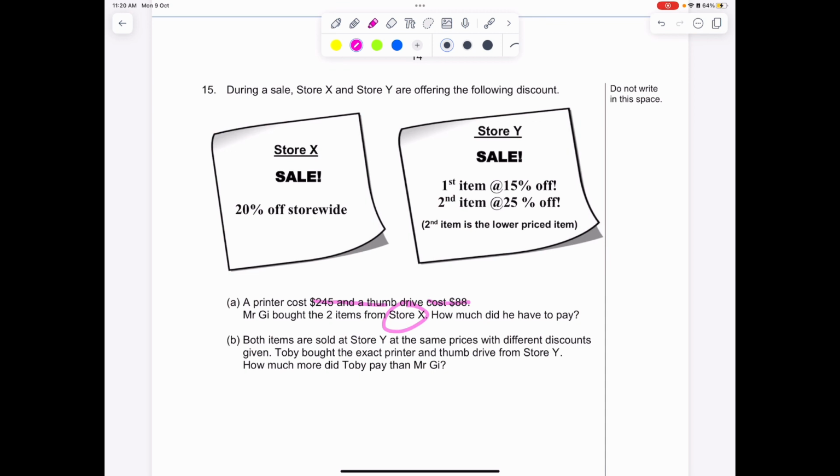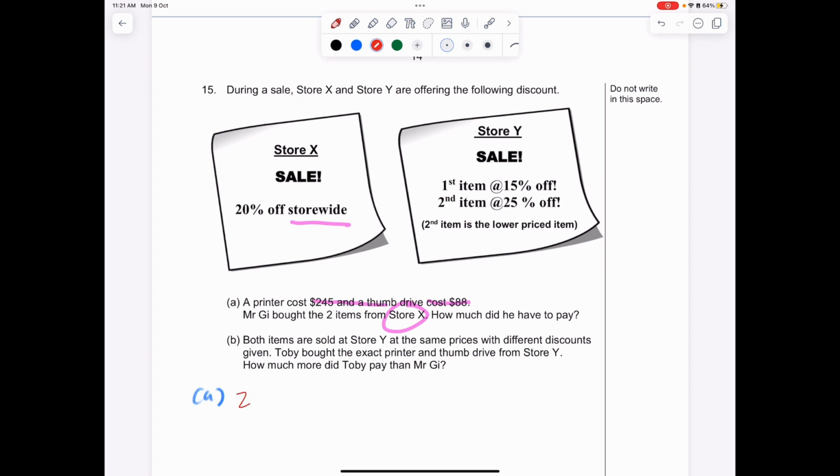So 20% store wide means all items are at 20% discount. So what we need to do is we need to find what is 80% of these two. So there are 2 ways of doing it. First, we find what is 80% of this plus what is 80% of this. Or we can add the 2 together and then after that find out what is 80%. So for A, I would suggest we do total cost first. I prefer to do it that way. So we have